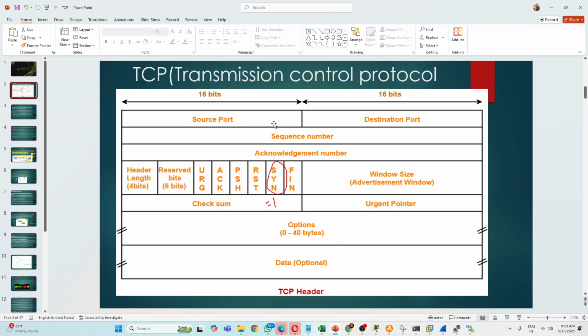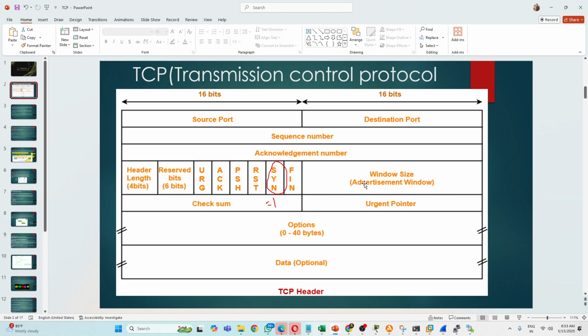So far we completed source port, destination port, and the flags. And the remaining 4 bits are there. We can take another class and complete it. What do you say, everyone? Okay, sir. Yes. So tomorrow we can continue. If it is possible, I will take a class at 8:10 or something like that. I will cover TCP options and what is congestion control, flow control, error control.